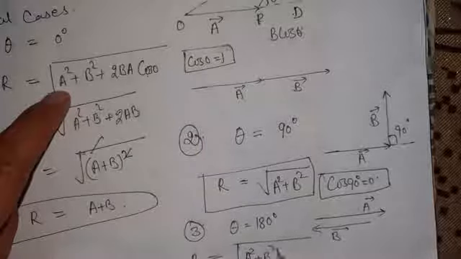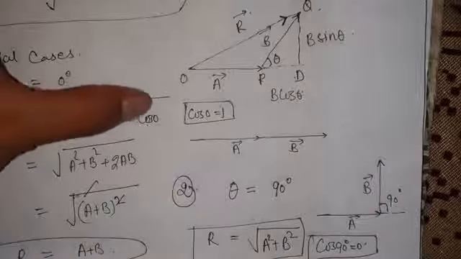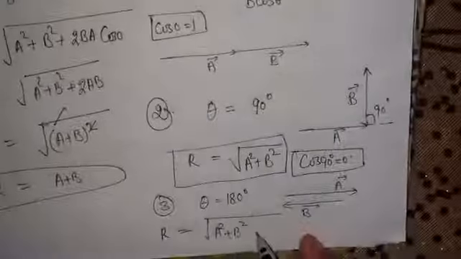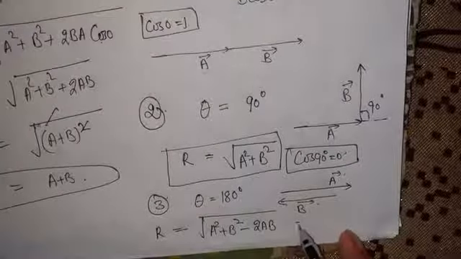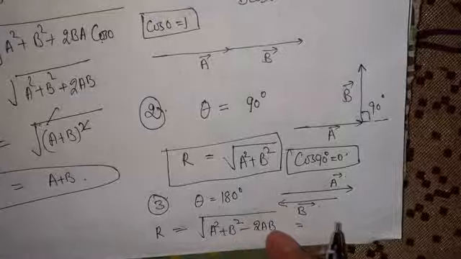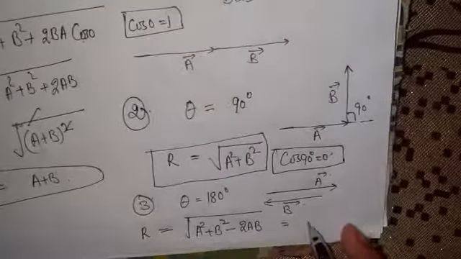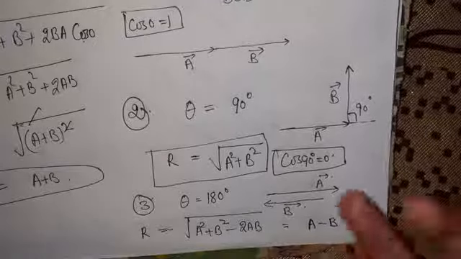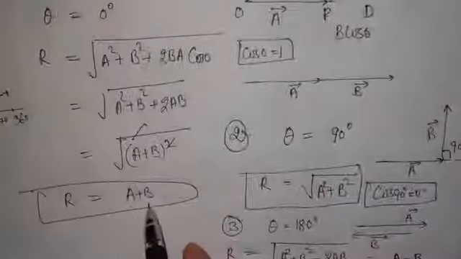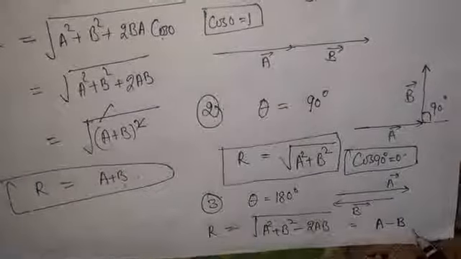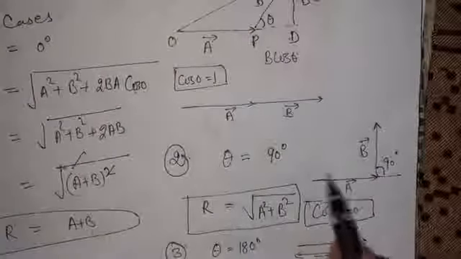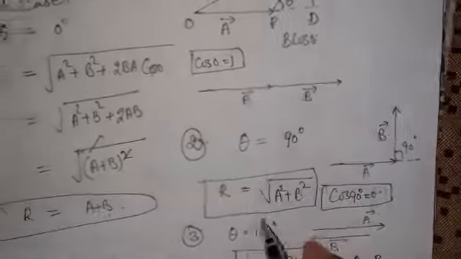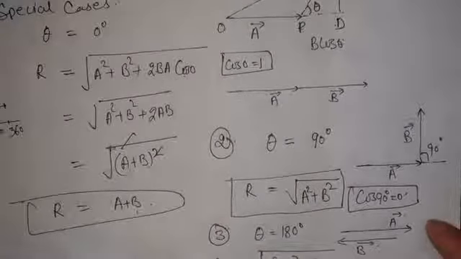Now over here, just to check what it will come, cos 180 की वैल्यू माइनस हो जाएगी, तो ये माइनस ऑफ 2ab बनेगा, माइनस 2ab. और इधर you will find that it is the formula of a plus b, a minus b का whole square. So thus it is simply written, now because square and under root will cancel, so it is a minus b. ठीक है, तो इसलिए जब वेक्टर पैरेलल होते हैं तो उस वक्त a प्लस बी, जब एंटी पैरेलल होते हैं तो a माइनस बी, और जब ये एक दूसरे के साथ परपेंडिकुलर होते हैं तो उस वक्त हमारे पास जो रिजल्टेंट है इट इज़ गिवन बाय a स्क्वायर प्लस बी स्क्वायर का होल अंडर रूट. Okay, so this is the magnitude we have determined.